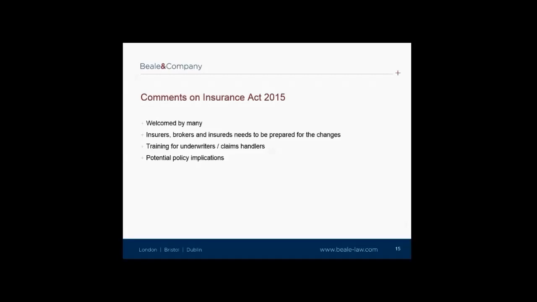Underwriters are likely to face a number of challenges in adapting to the new law, and they will need to make careful preparations as the Act will drive practical change in the way that business is placed and underwritten. Underwriters will need to be more proactive in searching during the underwriting process. Training for junior underwriters will be needed to make sure their knowledge is consistent with the requisite level.